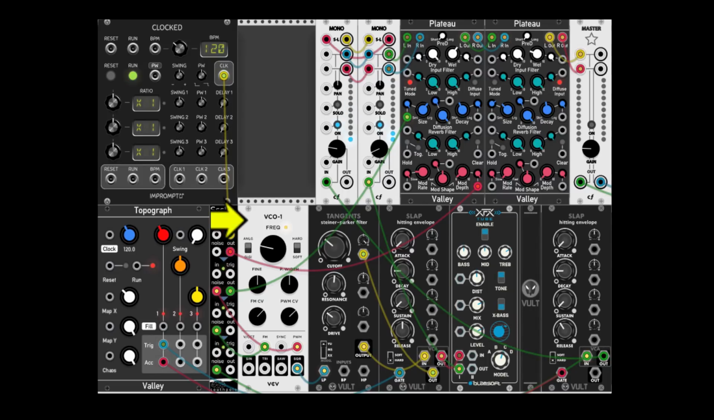So here we have the Fundamental VCO generating a square wave, which then goes through Tangents to Spank, and from there to a distortion. We have white noise coming out of the sample and hold unit, going through Spank to the mixer, and Topograph is setting the rhythm, and white noise is modulating the frequency and the pulse width of the oscillator. The envelope output of the first Spank is also modulating the cutoff point of Tangents, and two sample and hold outputs are modulating the size and the modulation depth of the first plate reverb,